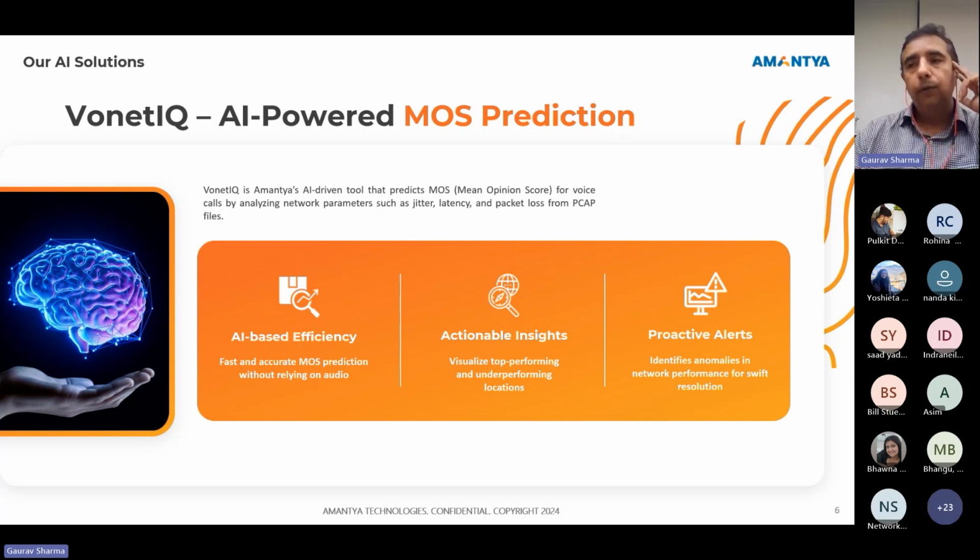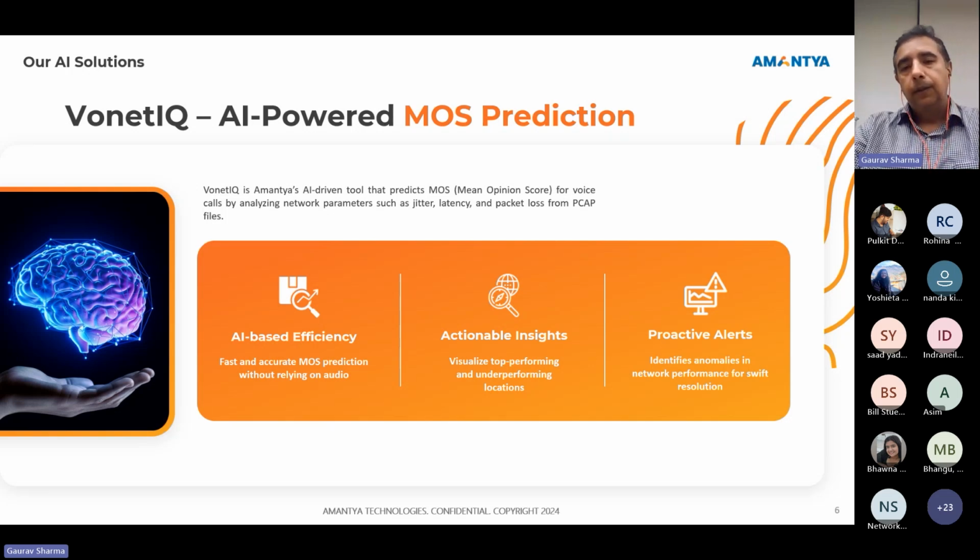They've tried to record calls and compare them with the reference signals, or between the original, what was spoken, what the voice quality was there, and what was received, and then tried to calculate the mean opinion score. But that is something that doesn't scale up. That is not something which is dynamic. That doesn't give you very real time